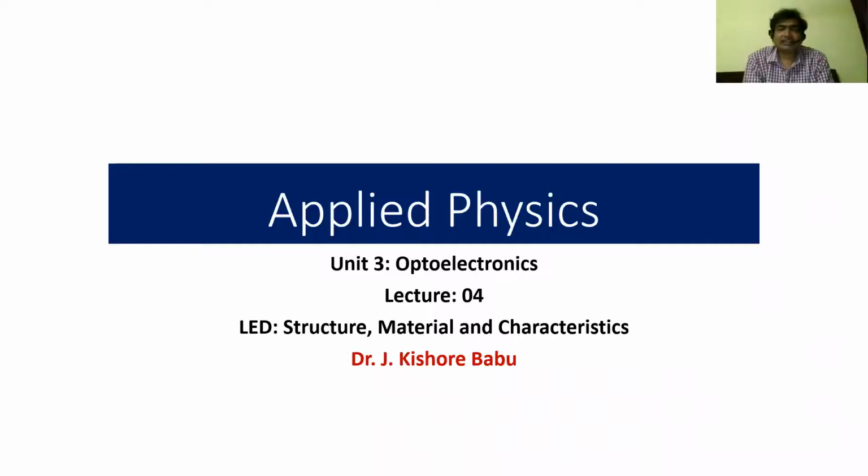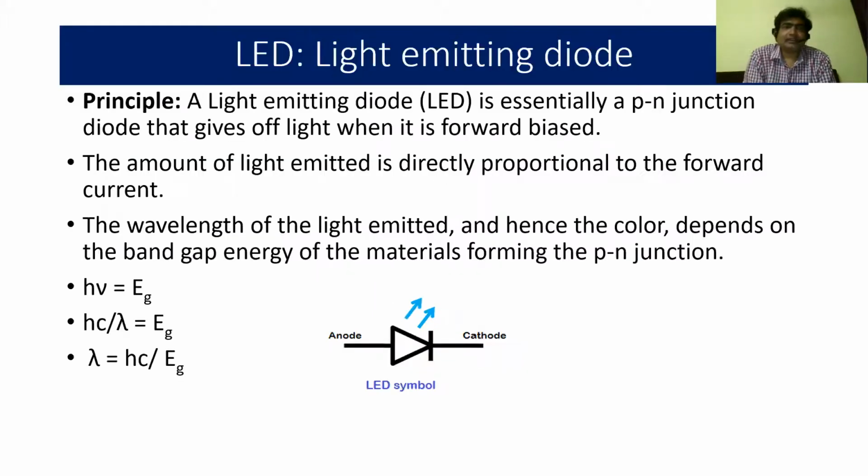Welcome to a session on LED. The full form of LED is light emitting diode. The principle behind the working of LED is injection electroluminescence. A light emitting diode is essentially a PN junction diode that gives off light when it is under forward bias